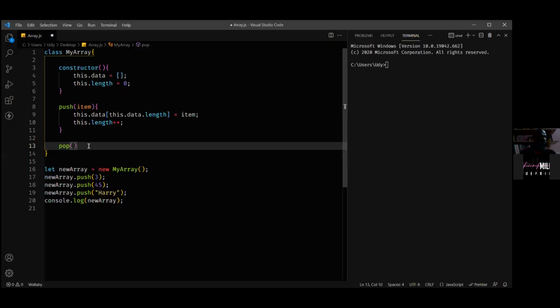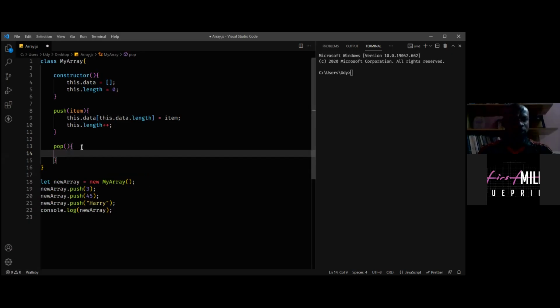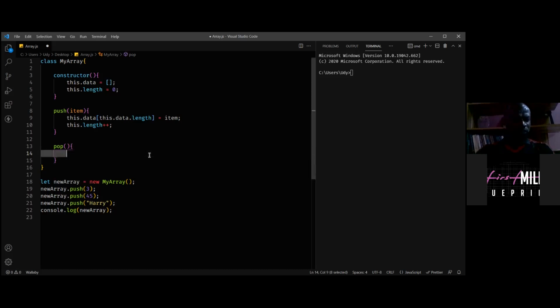This was actually where we were yesterday. Now I'm trying to add a pop method. When you talk about the pop method, it has to do with deleting. That's the purpose. But in order for you to delete an item, that means the programmer, first of all, will have to grab that item that needs to be deleted, right?